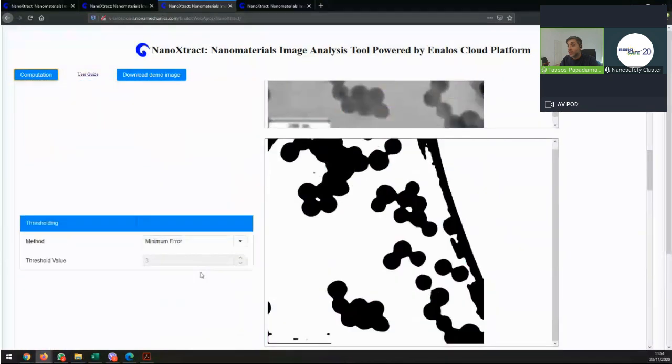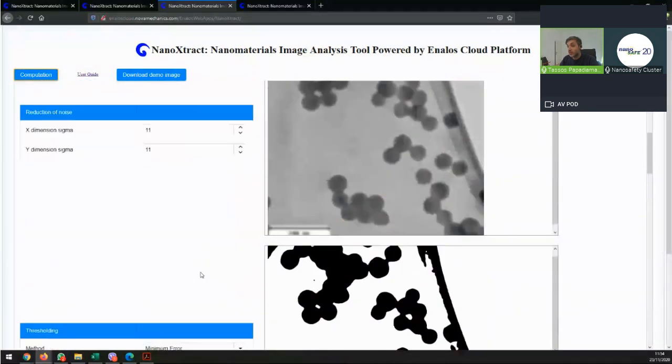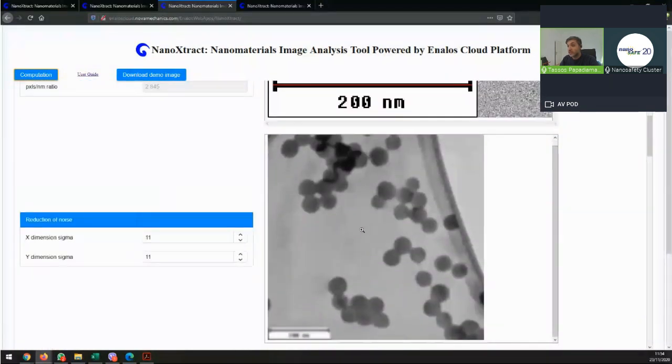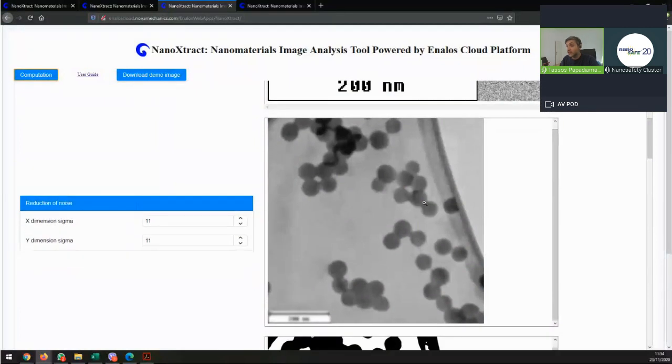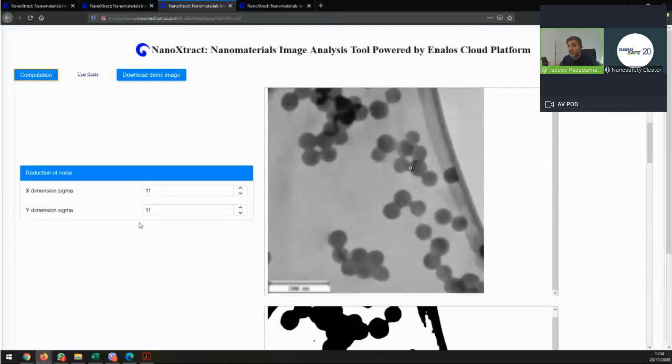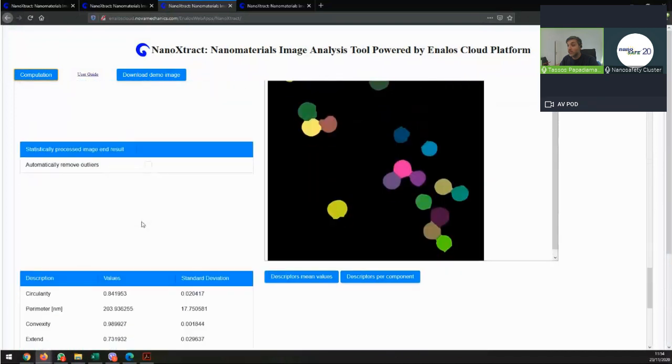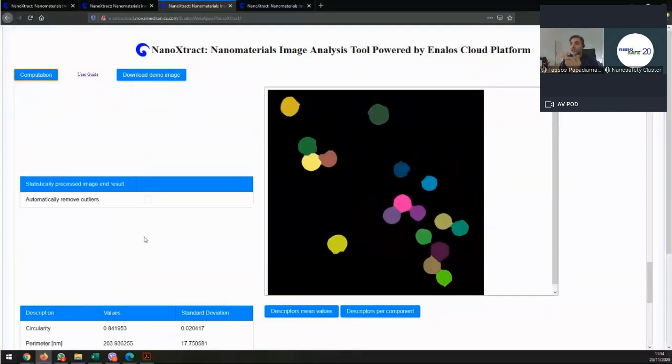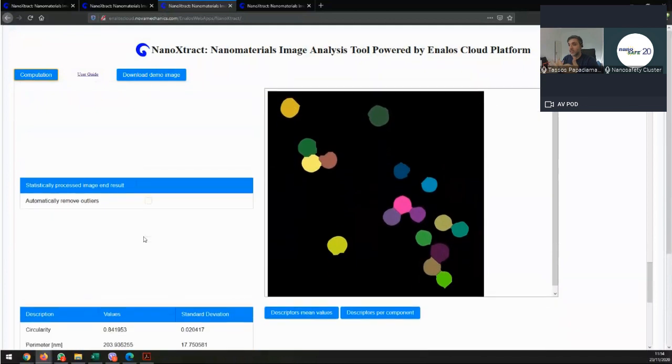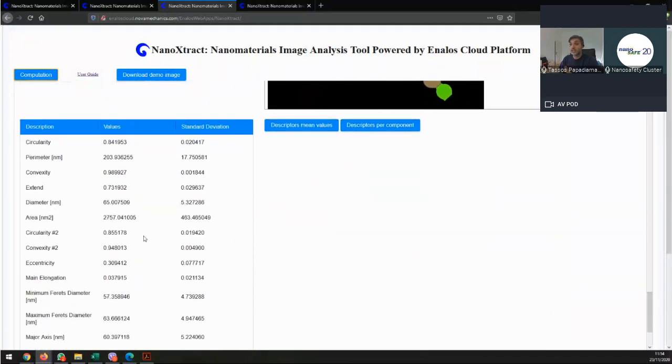So you see that by going in and playing, even with nanomaterials like that, where you have some substantial overlap between nanomaterials or even artifacts because of the sample, you can eventually get a good measurement out. And again, as I said in a previous question by Christophe, by analyzing different areas, like 4 or 5 images, you can get to a good number for statistical significance when it comes to the nanomaterial number to use for your analysis.